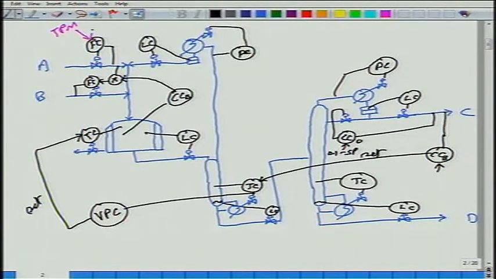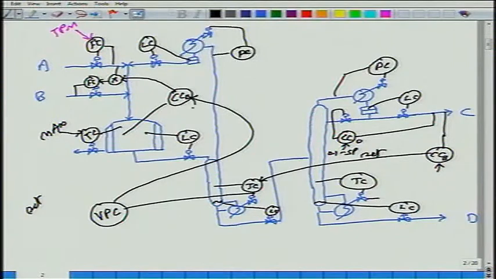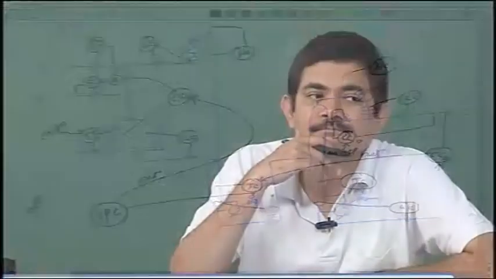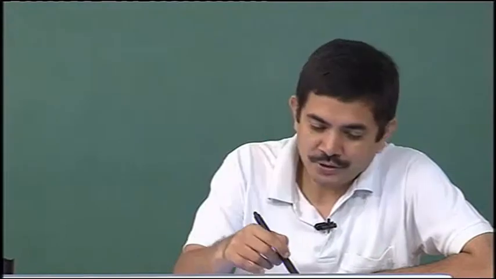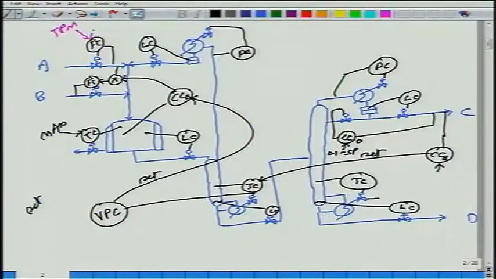So I keep increasing the throughput manipulator set point, and then what happens? The boil up in the second column will ultimately reach, okay, what will happen is this will become maximum, and then in order to maintain the boil up, the only thing that I can do is set this. Alright, I keep on jacking up the throughput manipulator because I have to process maximum, and then what happens? This guy becomes maximum, the boil up in the second column. Yeah, and then what do I do?